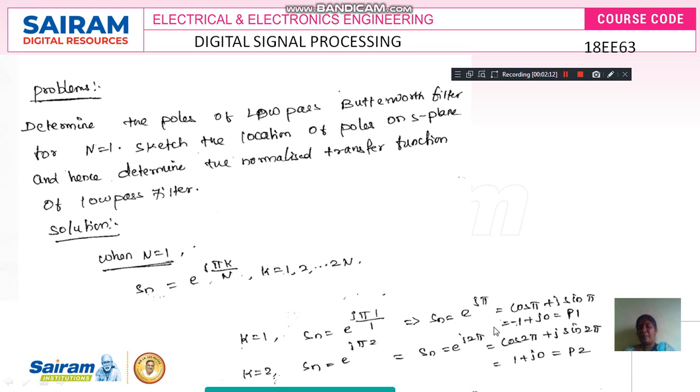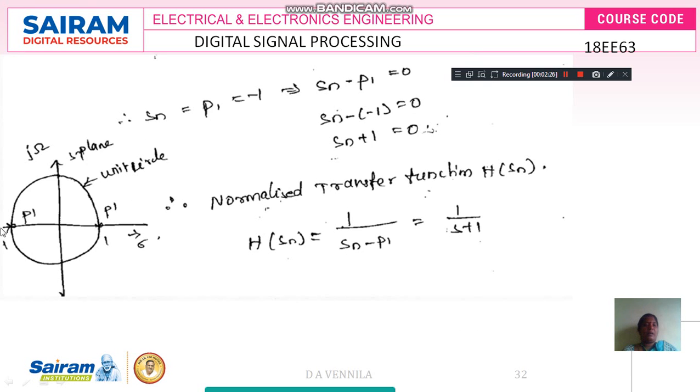Now you see here, we are discussing the S plane. If you locate the poles, they should be located in the left half of the S plane. Then only we can say it is stable, as I have discussed. Here one pole is located at -1, the other pole is located at +1. In the S domain, the poles and zeros should be located in the left half of the S plane. If it is located in the right side, then it is unstable. So for discussing the S plane analog filter,